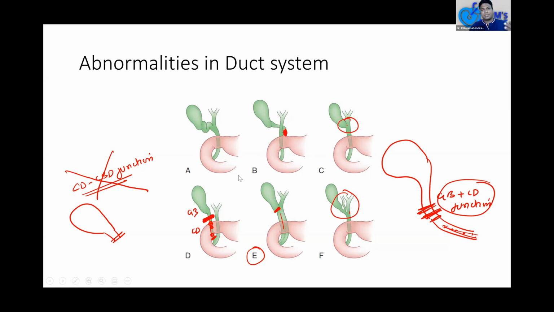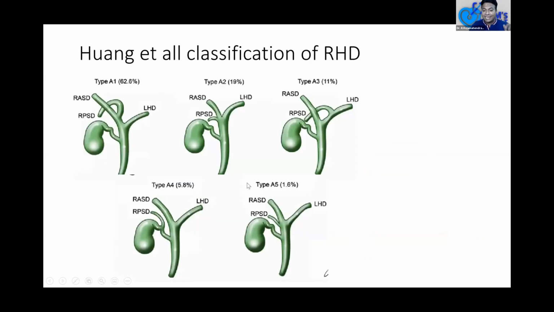Cystic duct anomalies we will face and we will mostly cure them. But the problem is with the right duct anomalies. There is a classification known as Hume et al. classification. If you see this classification, you will always have a scare to do a laparoscopic cholecystectomy. That much important classification. See the classification. The first one is only 62%. This is a normal case.